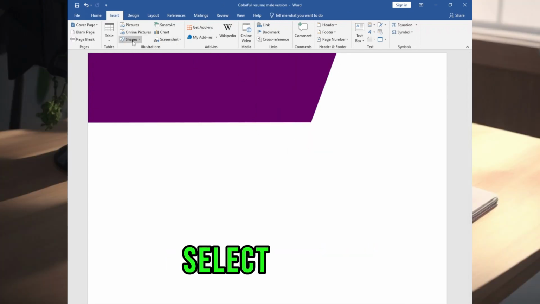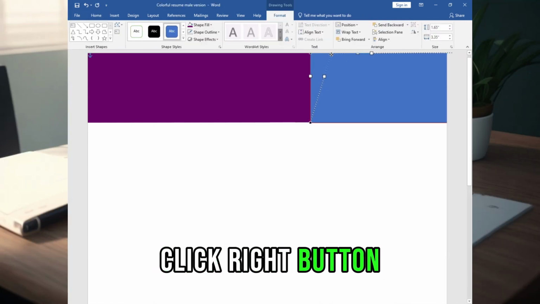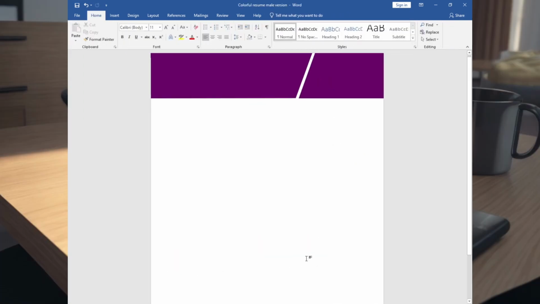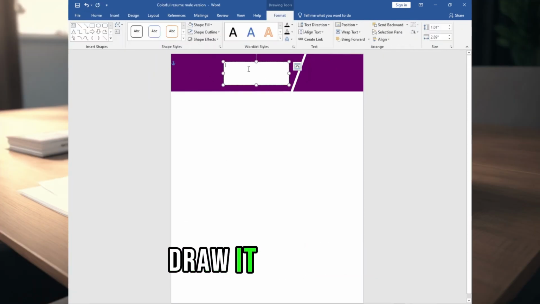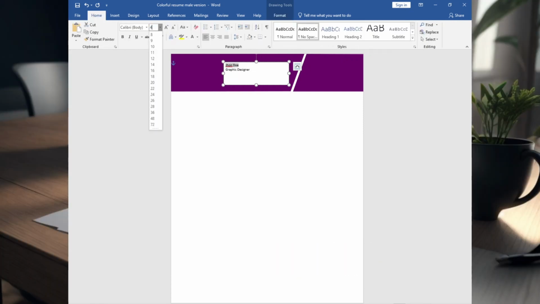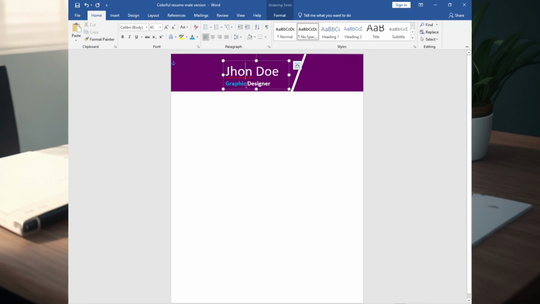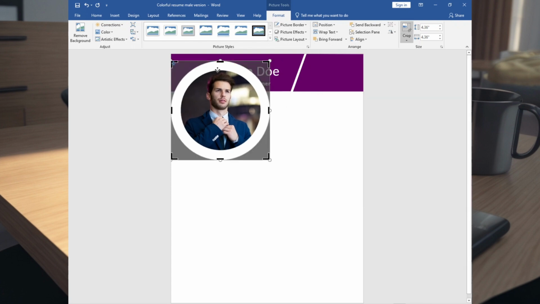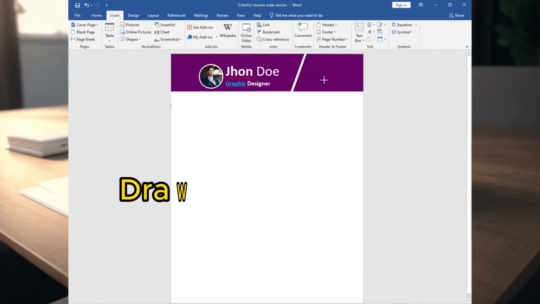Then go to Insert, select Shapes, select this shape, draw it, and customize it. Click the right button, select Edit Point, customize it like I am doing it. Then go to Insert, select this shape, draw it, add name, then go to Insert, select Shapes, select this shape, draw it,